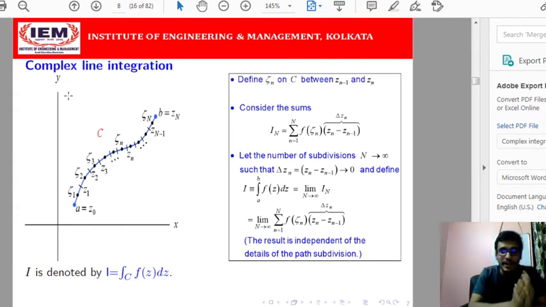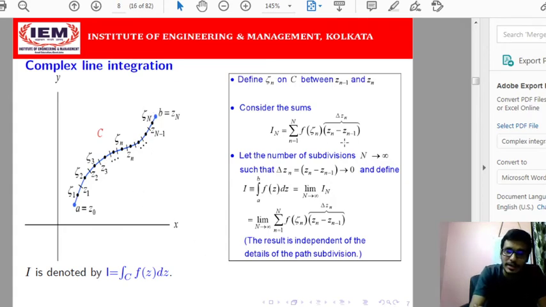That is the f(z) that we are getting. So there will be n such segments. For each segment, we are taking the xi_n. So xi_n represents the interval from z_(n-1) to z_n. So the breadth will be the difference between z0 and z1, then z1 and z2, like that. So we have taken the nth segment actually.